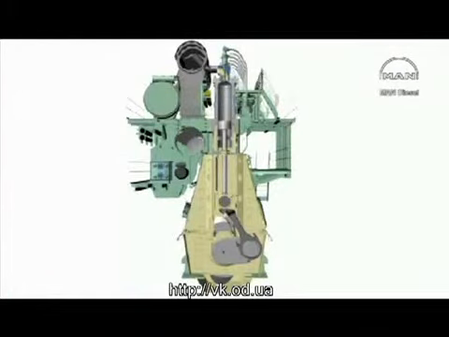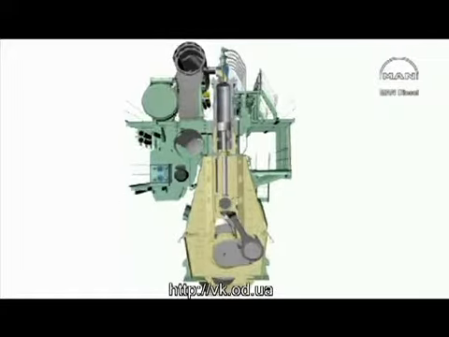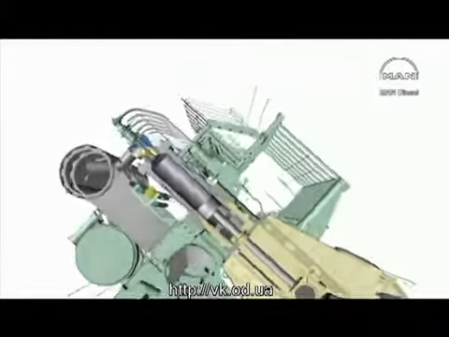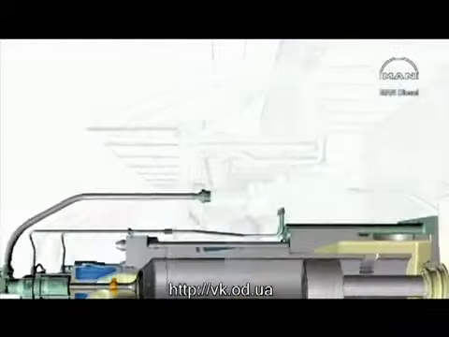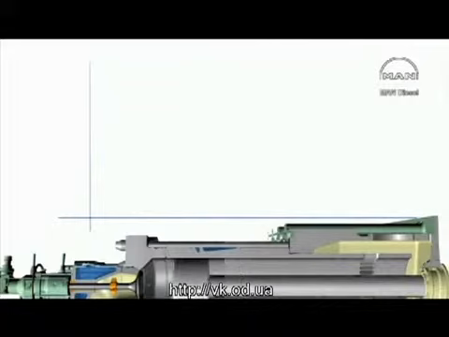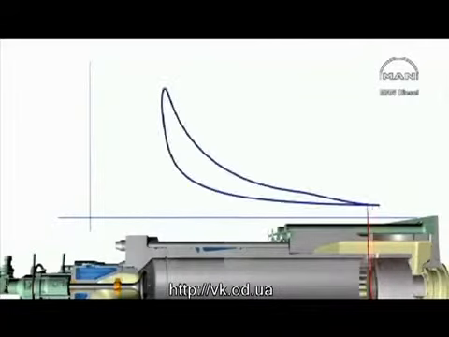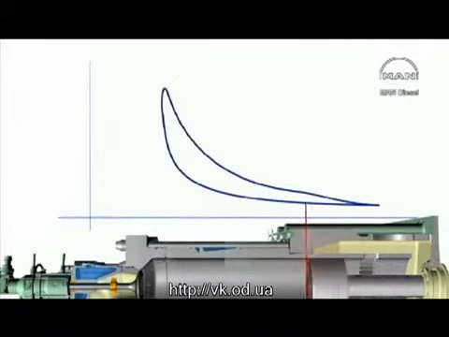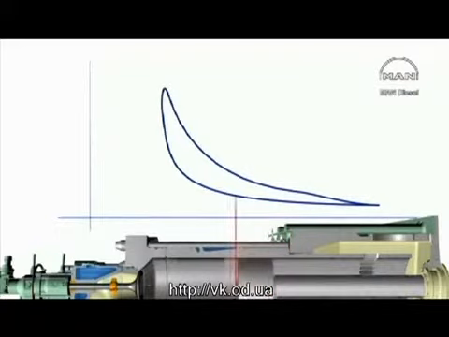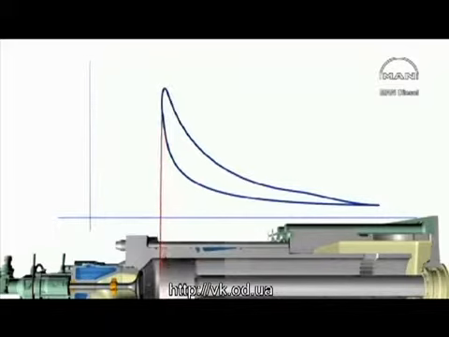The power developed by an engine depends on the pressure sequence in the cylinder. The output of an engine is dependent on the relation between pressure and volume in the cylinder during compression, combustion, and expansion. For each separate cylinder, the gas process could be described by a curve, the so-called PV diagram or indicator diagram. The diagram shows that the pressure is almost equal to the scavenge air pressure when the scavenge ports